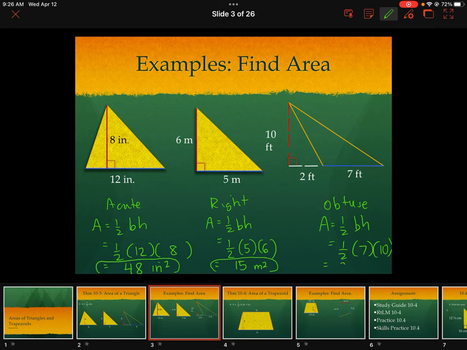7 times 10 is 70. Half of that is 35. So 35 square feet would be our area. In our next video, we're going to look at how to find